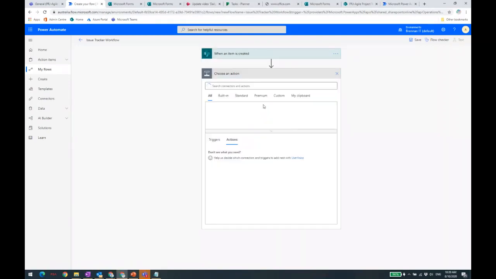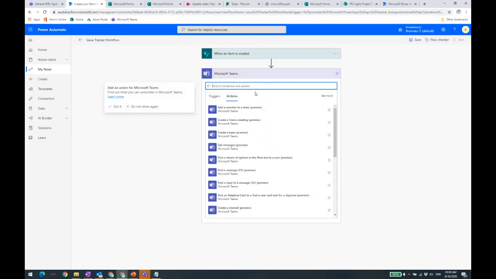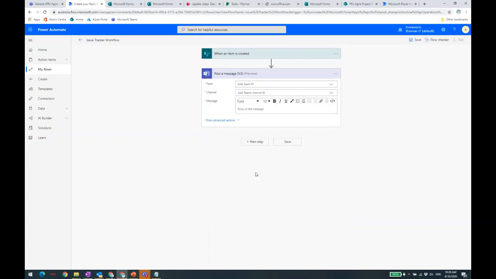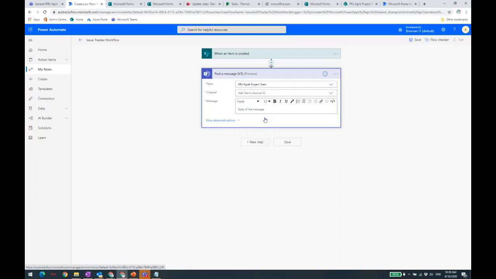Done. Next step is I want to be notified in Teams when an issue is raised. So I can select Microsoft Teams. So the trigger can be from anywhere. But for Microsoft Teams, I want to be able to post a message when a new item is created. So now I just need to populate the team that I want the message to be posted at. And I'm going to select Project Agile Project Team,